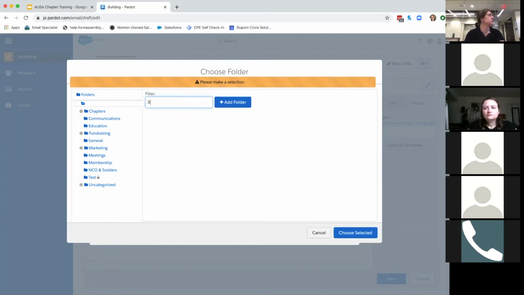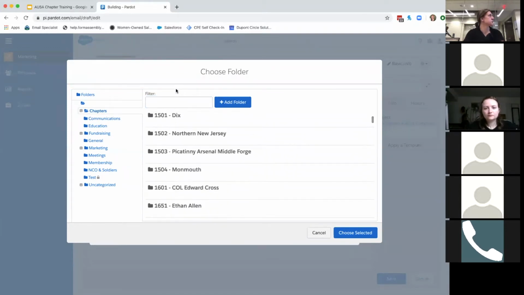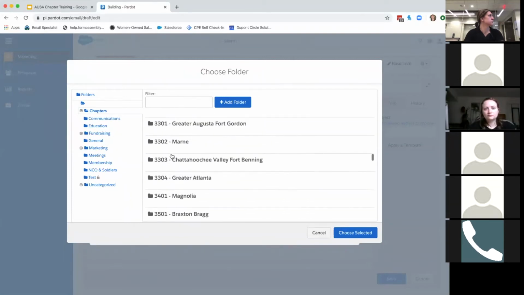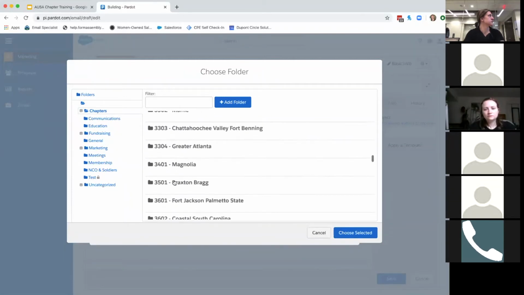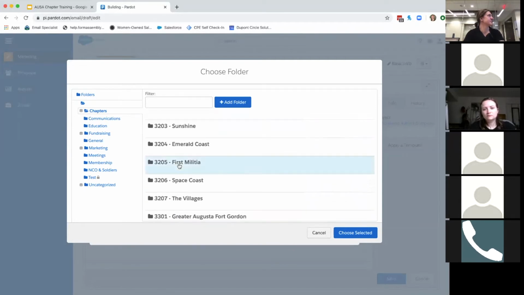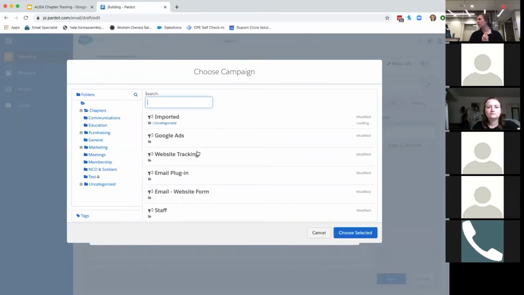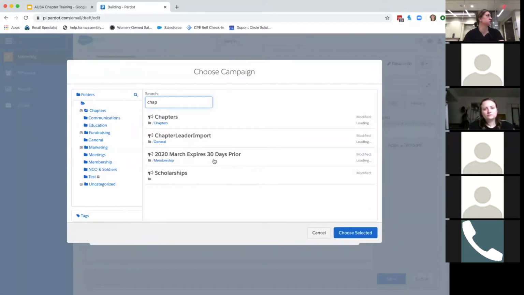Oh, let me go to the chapter folders. Search for it. Mm-hmm. Yeah, 3205. 3205. There it is. Mm-hmm. Okay. Choose selected. Campaign. Again, campaign, we're going to just pick our chapter generic. So that is